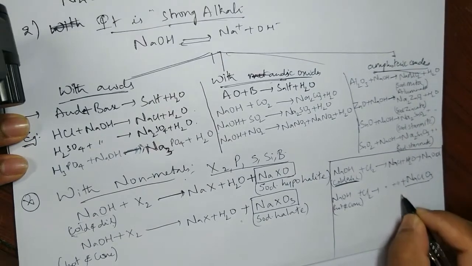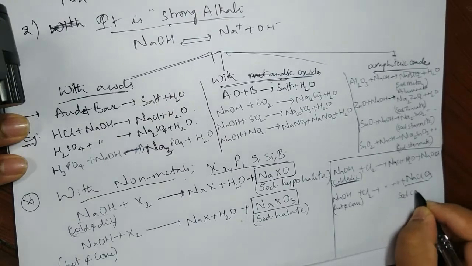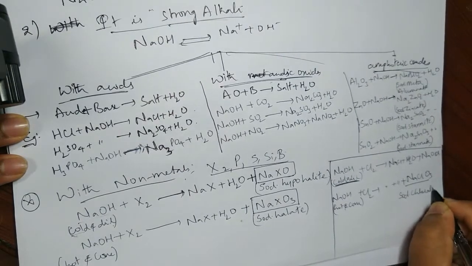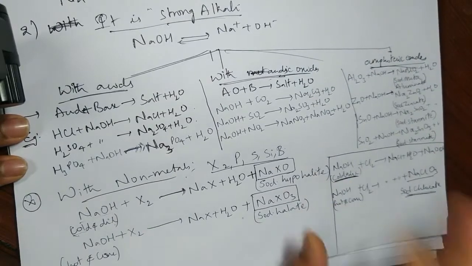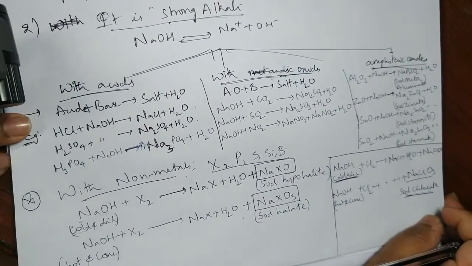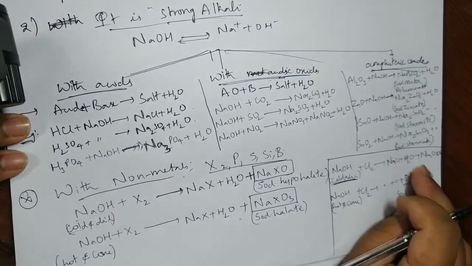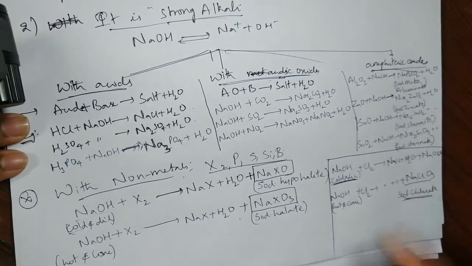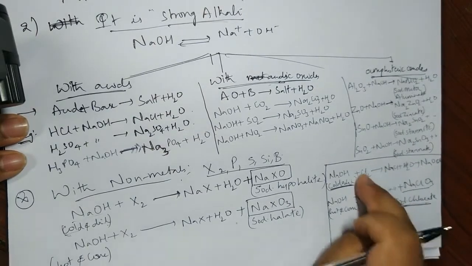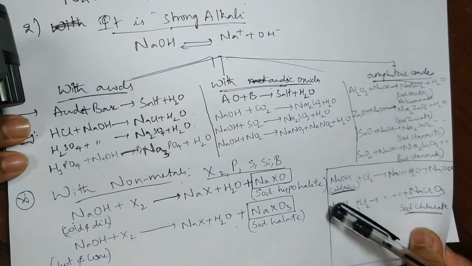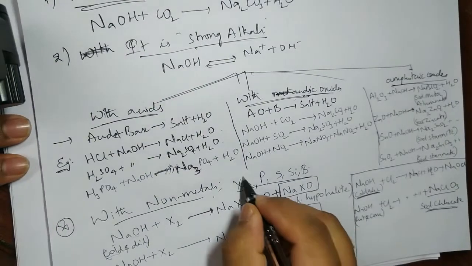NaClO3. And what is the name of this one? Sodium chlorate. Okay, with bromine, with iodine, the same thing. With fluorine we don't have the reaction. Fluorine is very much reactive, that whatever the water that is coming up here itself, it is burnt. Fine. So with fluorine we don't have the reaction, and with chlorine, bromine and iodine the following reactions will take place. So with halogen is done.